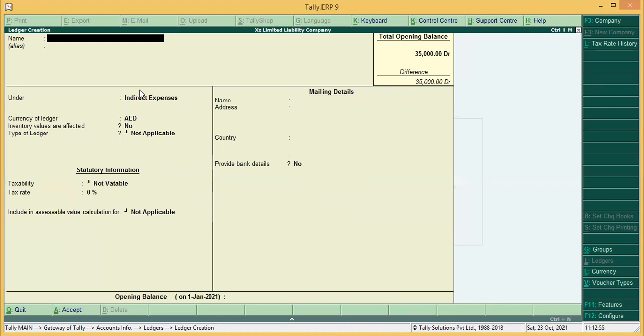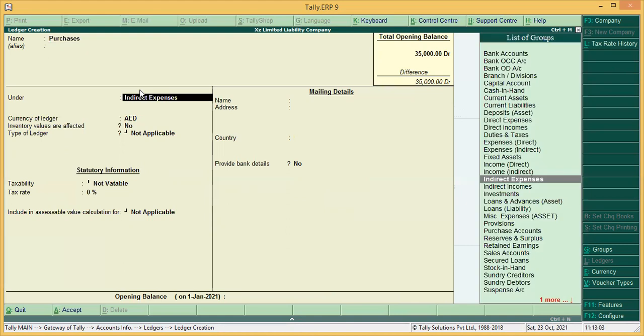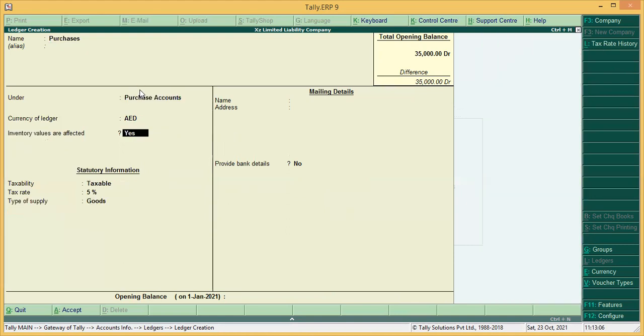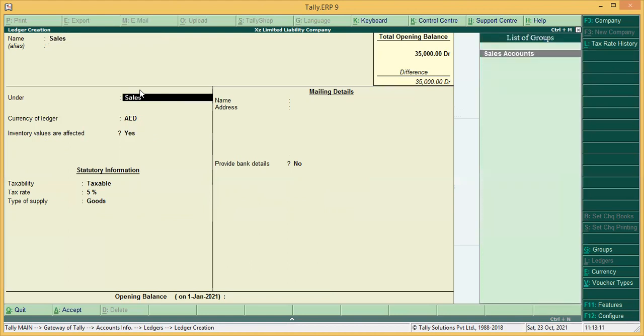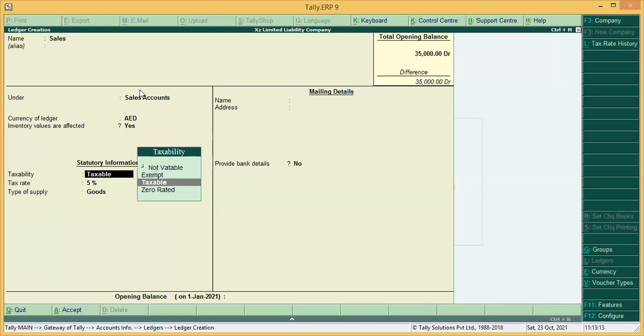You want to create for the fixed assets, you want to create for the income. One of the ledgers you will have to create for the purchases, to update your purchases. One of the ledgers you will have to create for your sales, to record all the sales here. So like that, different kinds of ledgers you have to create.